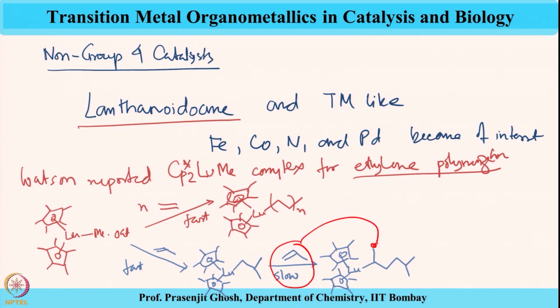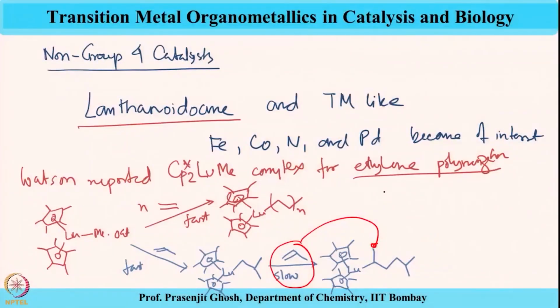The contrasting thing is that corresponding metallocene complexes for zirconium could allow several insertions of propylene to give the product, and this was finally explained by Ziegler using DFT calculations, which said that coordination in the cationic alkene zirconocene complex is more favorable for further reaction than in the neutral lanthanum species. So, this is explained by Ziegler by DFT calculations,